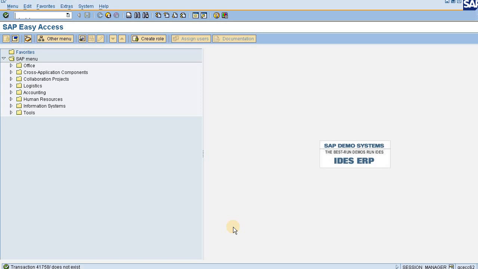So we have heard about this term many times. We know what the organizational structure is, which organizational units there are, and how they are linked with each other, but we cannot see all of them at a single time in a particular page.